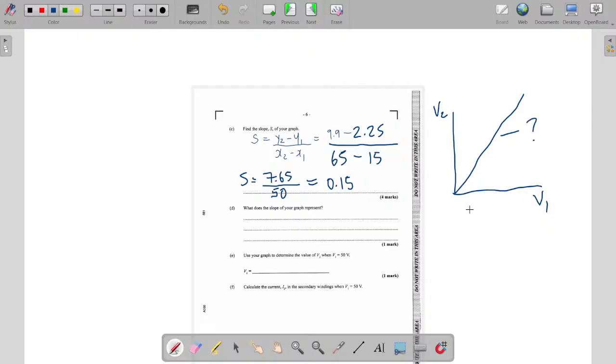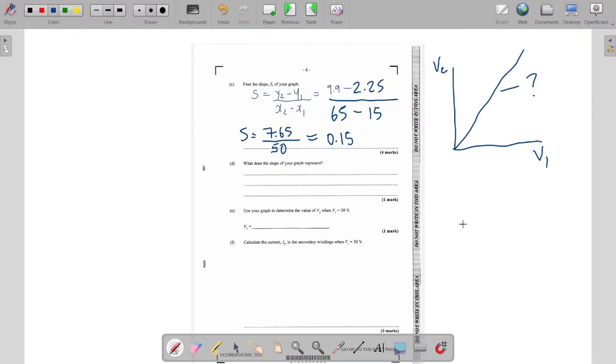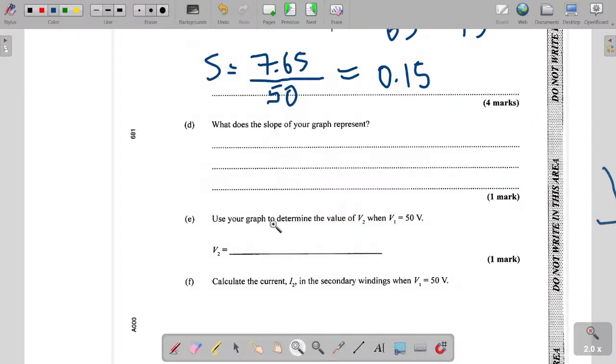Now, if you remember the formula that we use in ideal transformers, you remember that V2 over V1 is equivalent to the number of turns N2 over number of turns in the primary coil. So that means if we find the gradient of this line, we're actually trying to find out the ratio of the turns, right? So what we're going to be writing here is that the slope represents